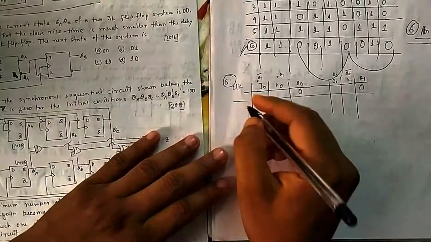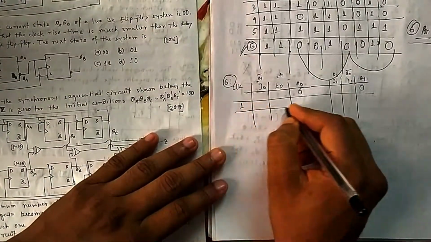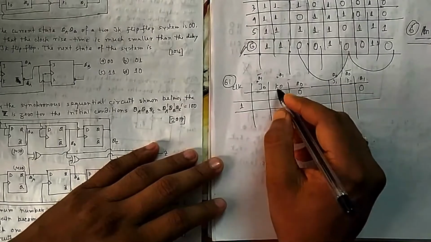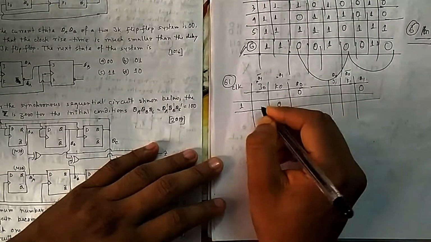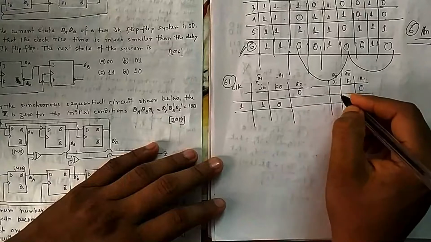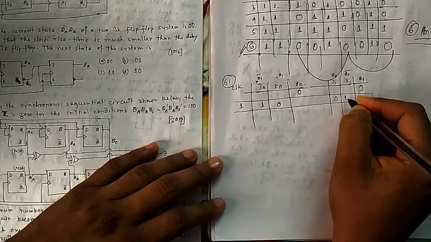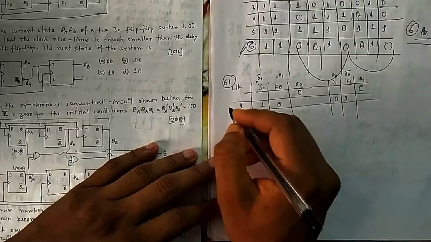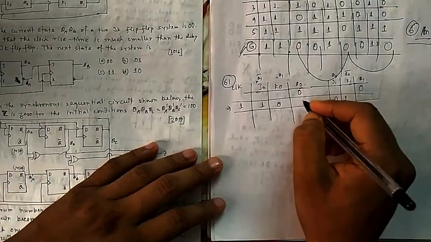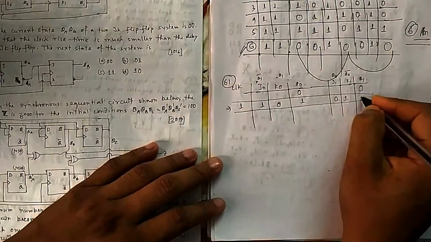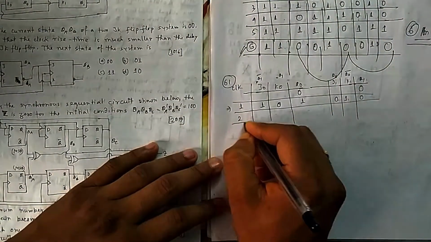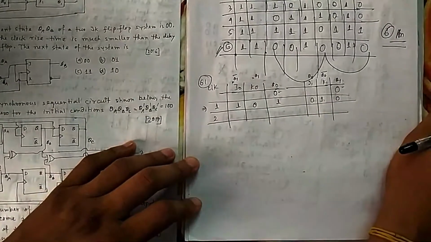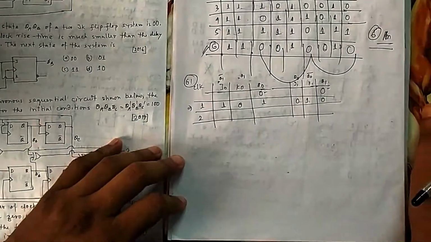Okay. So before giving the first pulse, let me write the inputs. Q1 is 0, so Q1 bar is 1, and Q0 is 0, so this is 1. So this is my first one. Now if I apply the pulse, if it is 1, 0, the output is 1. If it is 0, 1, the output is 0. So you have to check when 0, 0 is repeating. That's the rhythm. We want to see the rhythm of this counter.